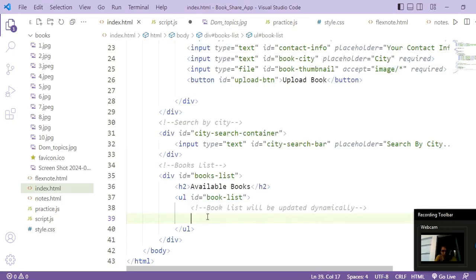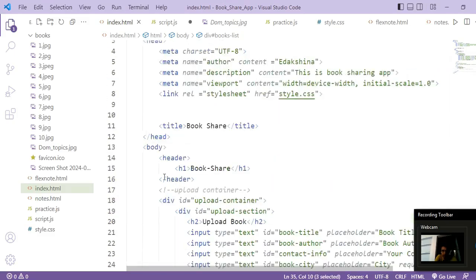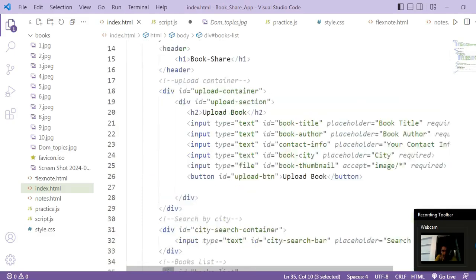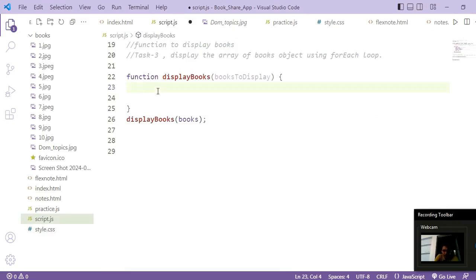So we are using JavaScript for that, and you can see the DOM elements: UL, div, then your body, title, head, all these HTML elements are your DOM elements. And these are the basic building blocks of any web page, right. So when we talk about accessing these DOM elements with the help of JavaScript, how do you do it? Now I want to display my book list items in this unordered list, and I have given the ID bookList. So to access this UL I will use this ID bookList. And how we do that, let us see. So first we will write document dot getElementById.